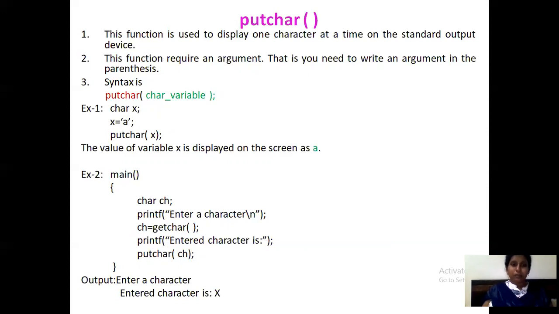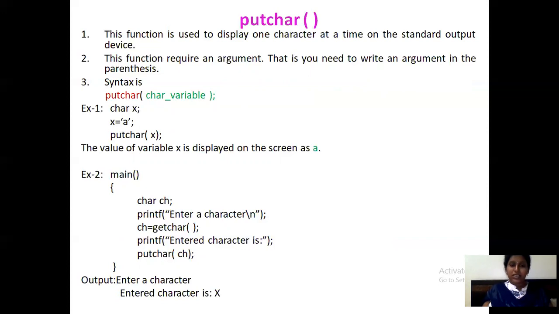Main, then char ch, printf enter a character. Then you read the character and place it in the ch variable, and you print the entered character using the printf function.